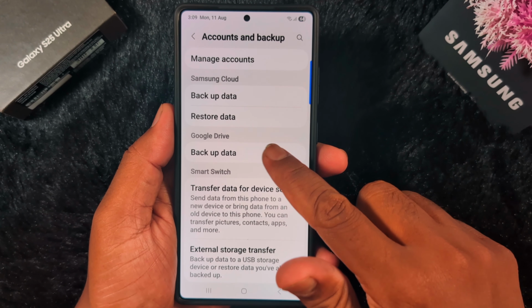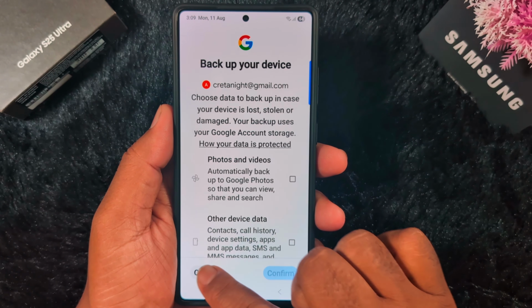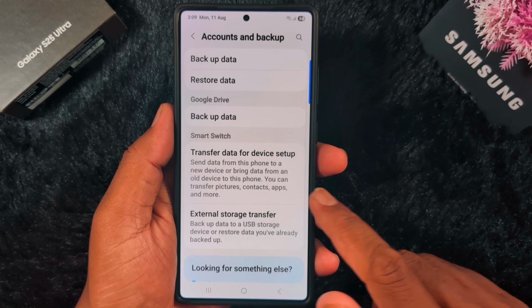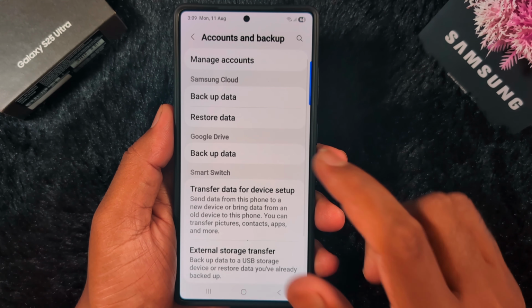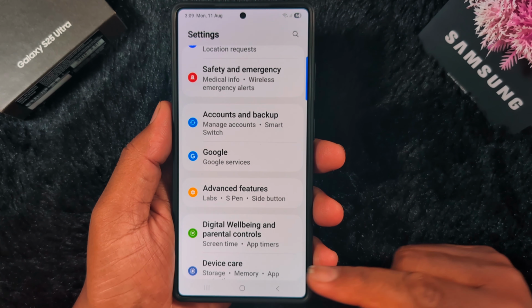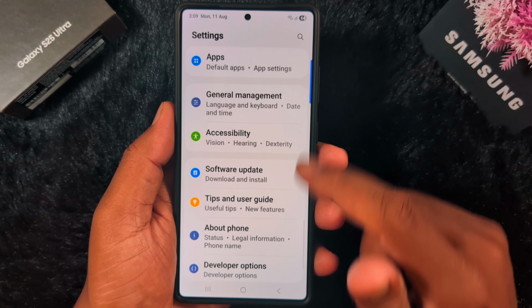You can also back up data using your Google Drive like this. Also you can use Samsung Smart Switch to transfer data from the device setup or back up the data. So after backing up all your important data, now let's factory reset by scrolling down until the